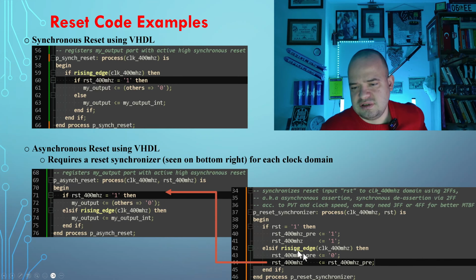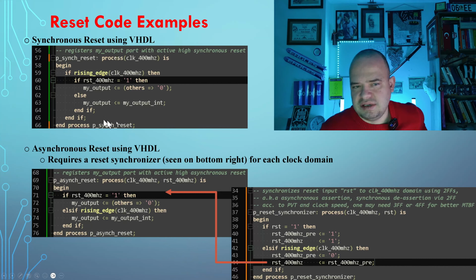This is different. But here you would use, let's say PVT and clock speed is not that strict, and